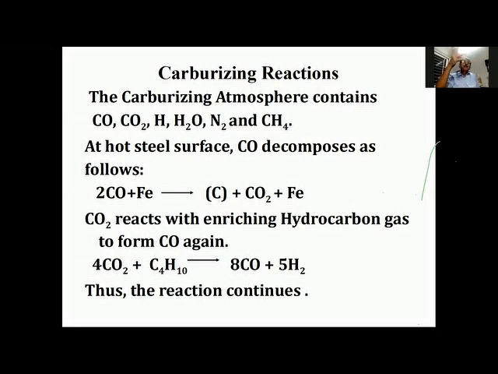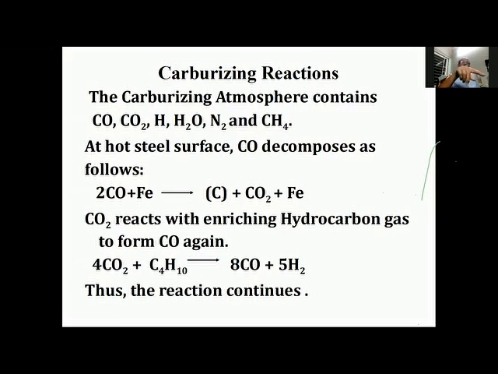It is also capable of absorbing carbon. Normally the carbon by itself cannot penetrate the hot metal, but this nascent carbon is capable of penetrating and causing carburization. The CO2 then reacts with the enriching hydrocarbon gas to form CO again, as given below, and thus